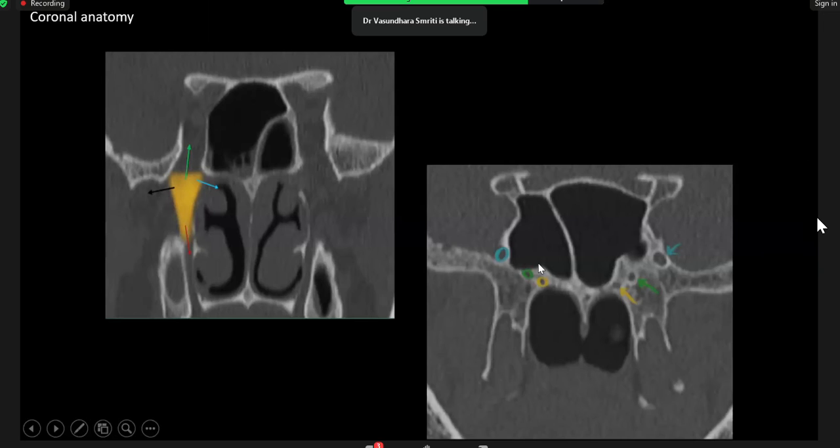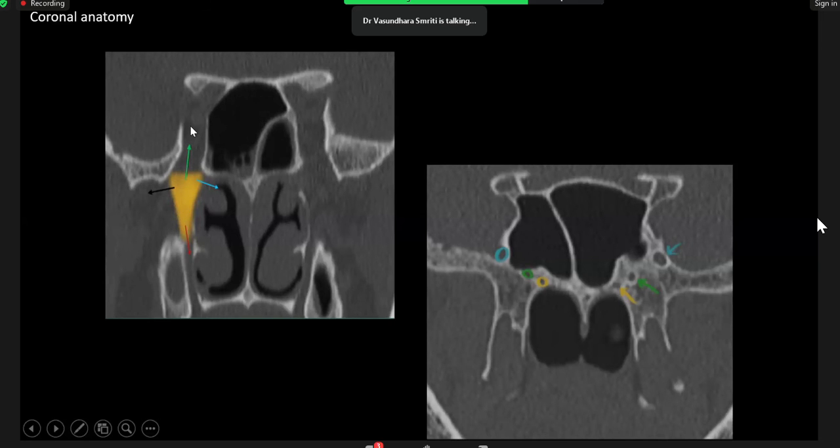If we look at the coronal image, the pterygopalatine fossa will open medially through this opening into the nasal cavity, that is the sphenopalatine. Laterally, it will open into the infratemporal fossa, the ITF, through the pterygomaxillary fissure. Superiorly, just like the palatine canal has continued into the pterygopalatine fossa, the pterygopalatine fossa continues into